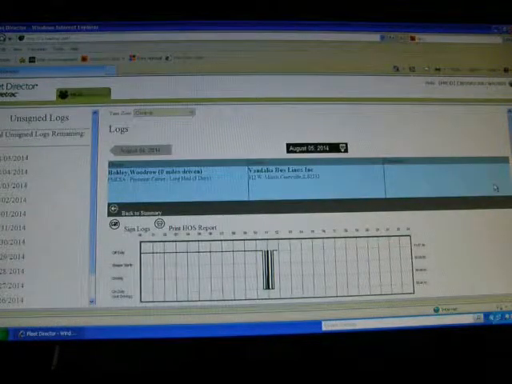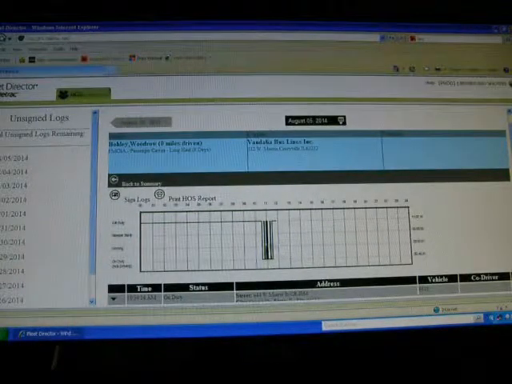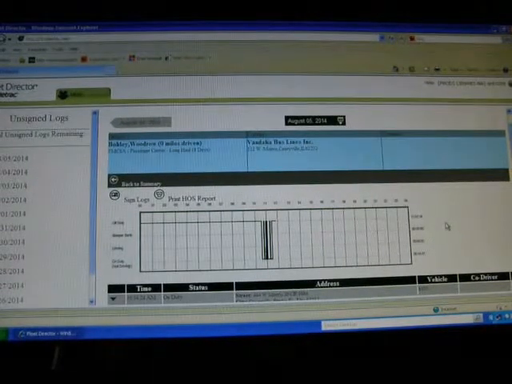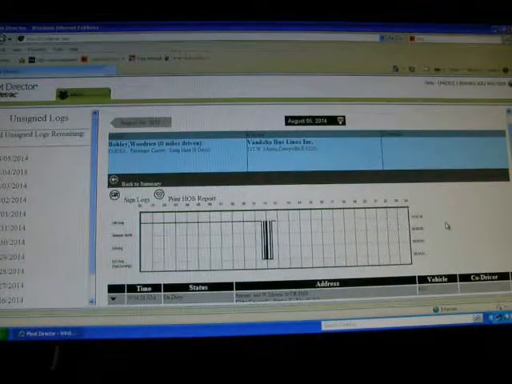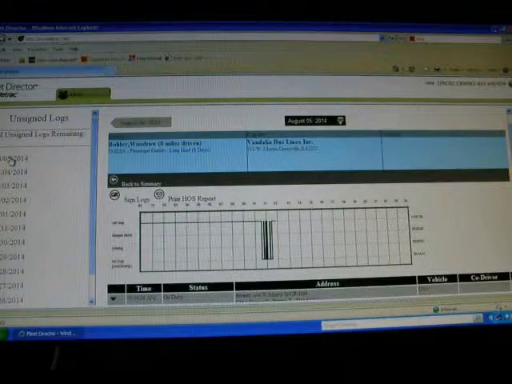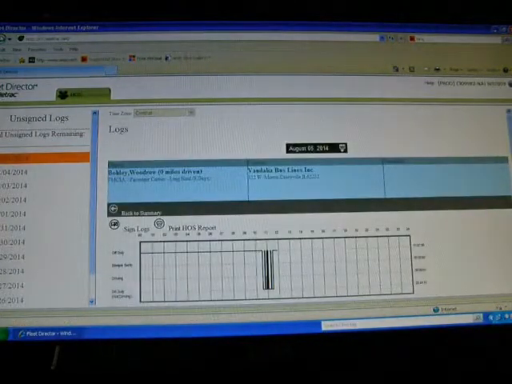and the log screen will open, and you can see where we were testing going in and out, logging in and out of the bus that we were training on just previously in this video series. There is a list of unsigned logs on the left side of the screen. If you click on each and every one of these, it will load the screen for you to review and